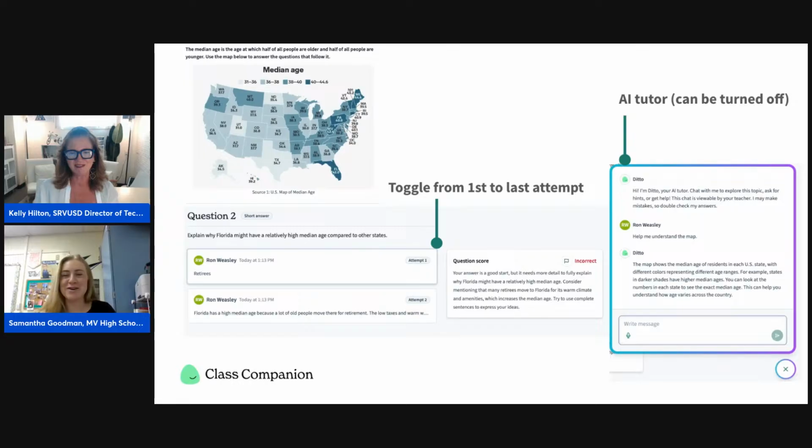Okay, so we have Ditto for ClassCompanion. And Ditto, if you have it turned on for the assignments, Ron Weasley can ask this AI tutor, help me understand the map. Or if there's a specific word, can you remind me what the definition is of contextualization? So the AI tutor can chat with them, and teachers have complete overview of what students are chatting with the